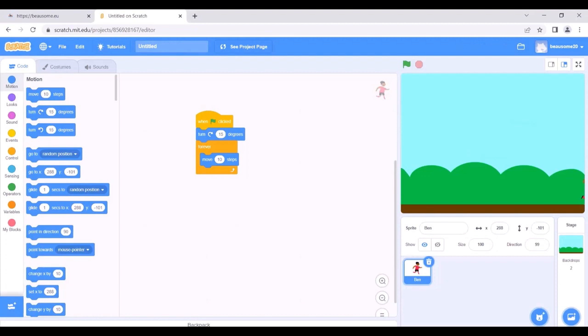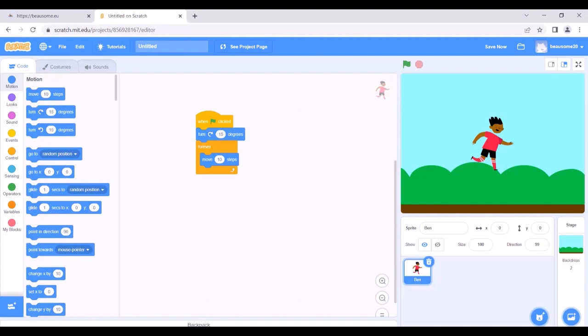And then I click the stop sign here to stop. Now I have to bring Ben back to the middle, so I will put again 0 and 0. And then, as we can see, Ben went to the edge here and it stays there.